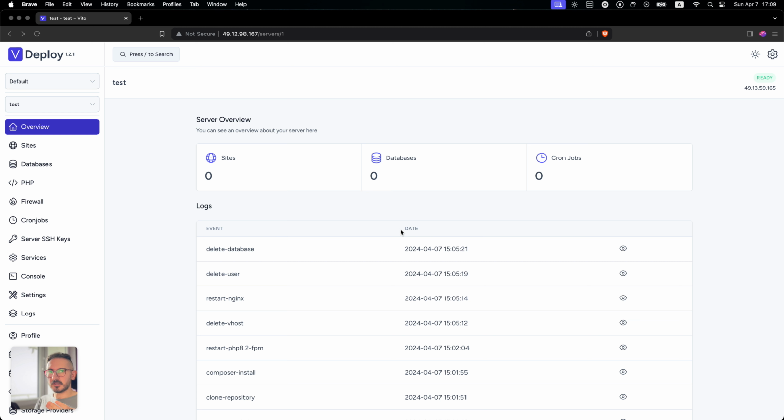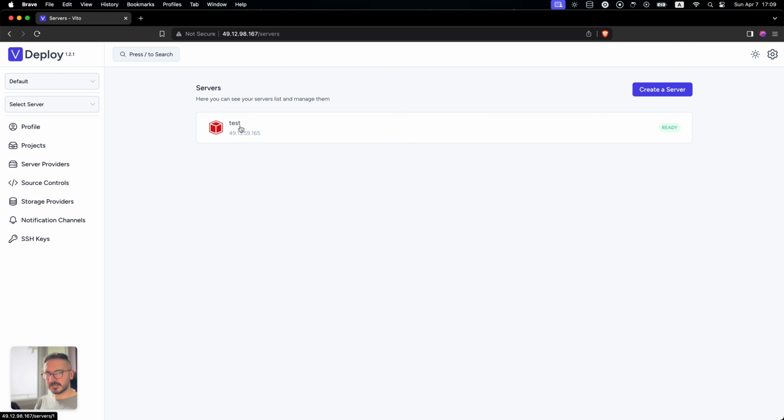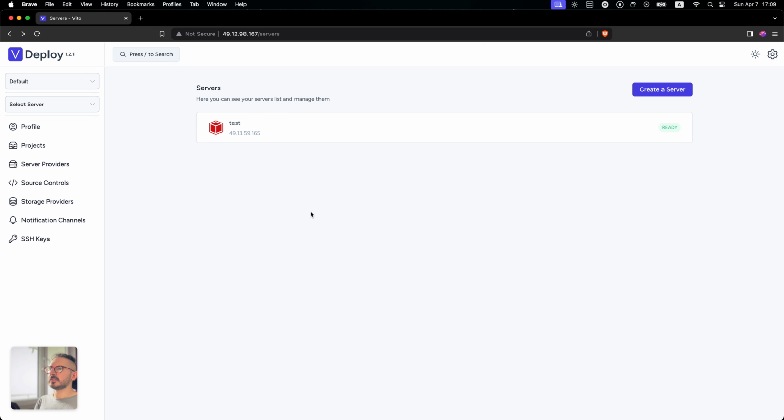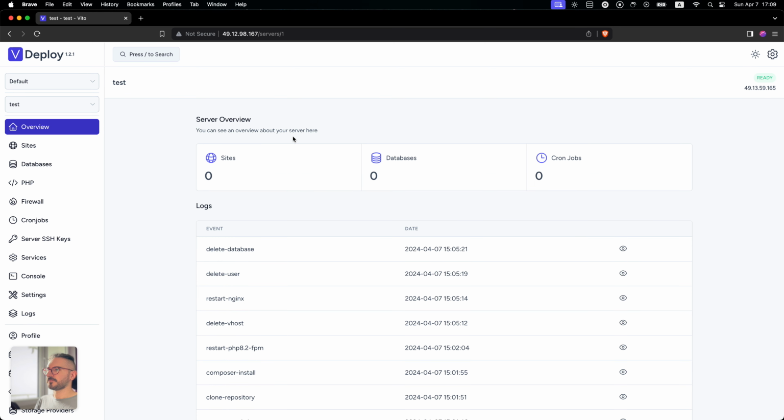And let's go. I already installed VitoDeploy on a server and opened it, and I used VitoDeploy to create my server, which is called test server, on Hetzner, using this create, Hetzner, profile and all of this stuff. So it's already installed, and I'm going to show you how you can